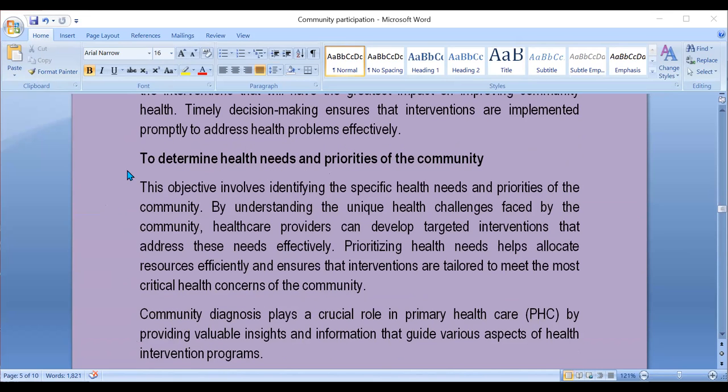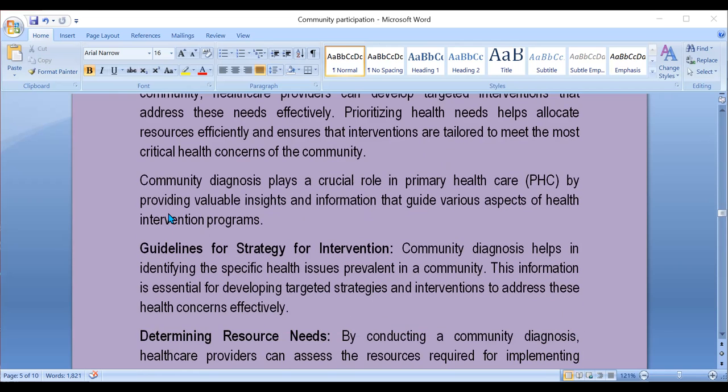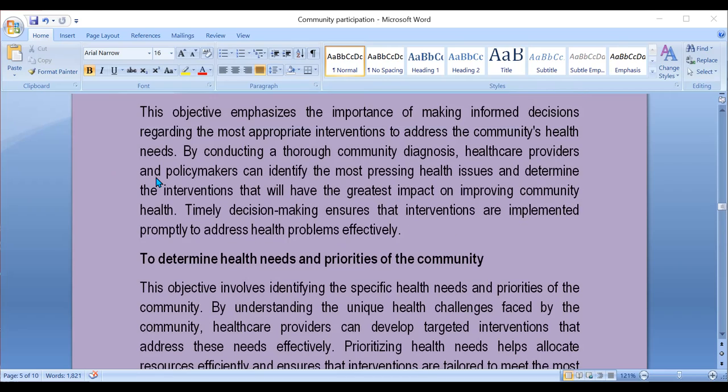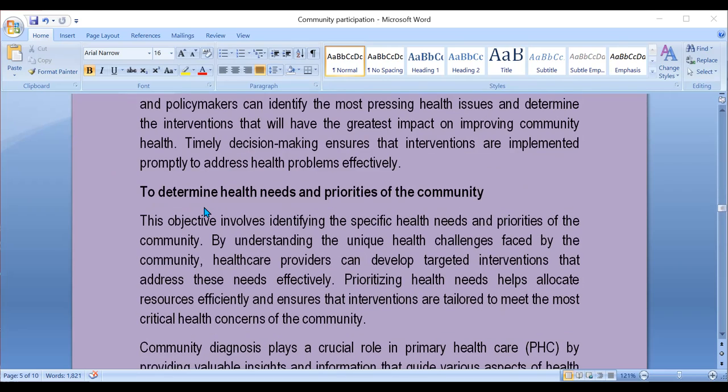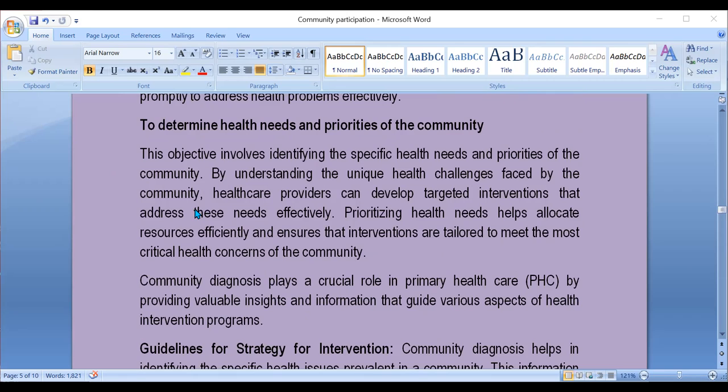Three, another aim is to determine health needs and priorities of the community. So the above three are the major aims of community diagnosis. Whereas the roles, which are also somehow linked with the aim, include